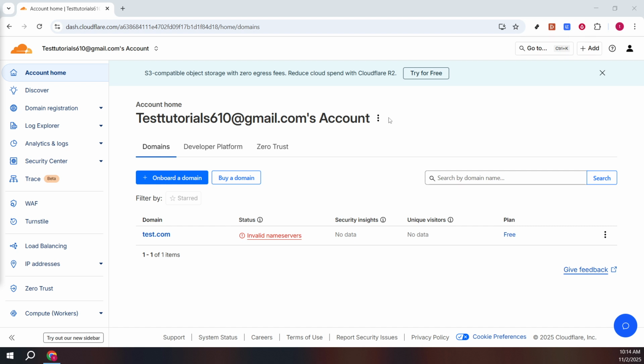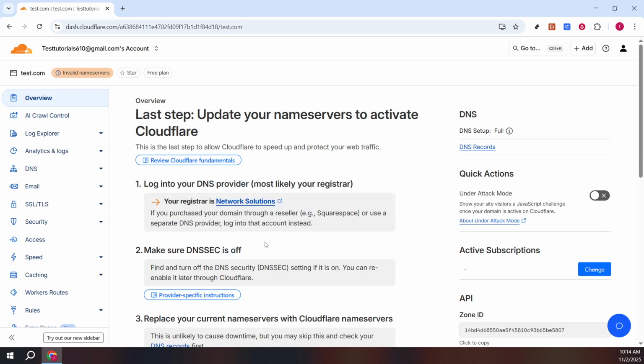Next, once you're on the dashboard, look towards the upper menu and click on Domains. This section is where Cloudflare hosts all the domains you've linked to your account. Within the Domains section, you'll see a list of all the websites you manage under Cloudflare. From this list, select the domain for which you wish to change the DNS IP address. Click on the name of the domain, and this will take you to a new set of options specifically tailored